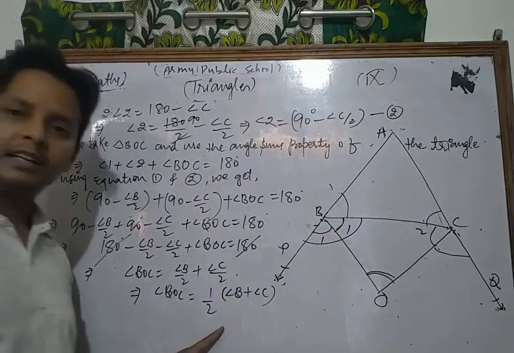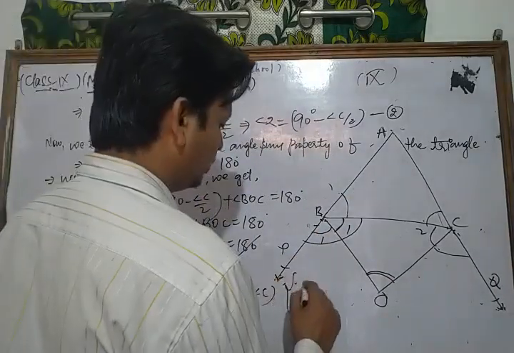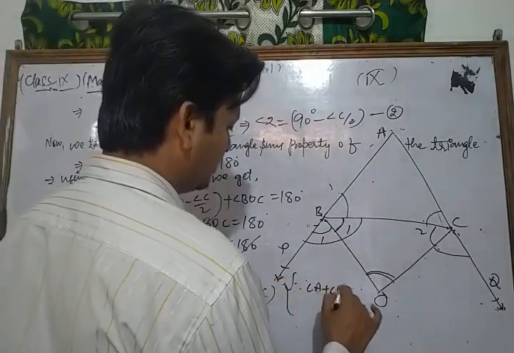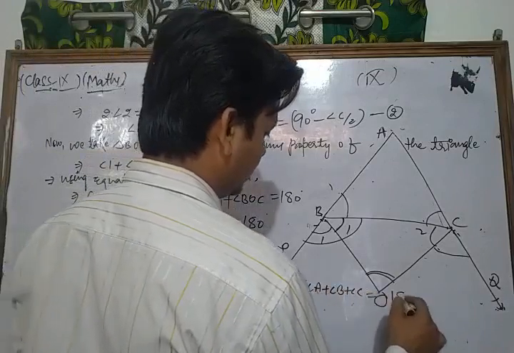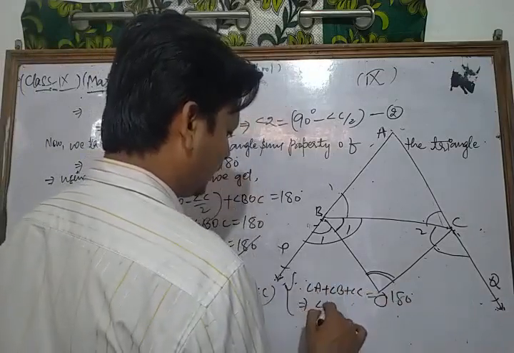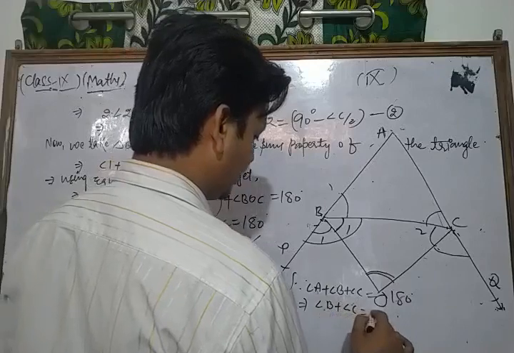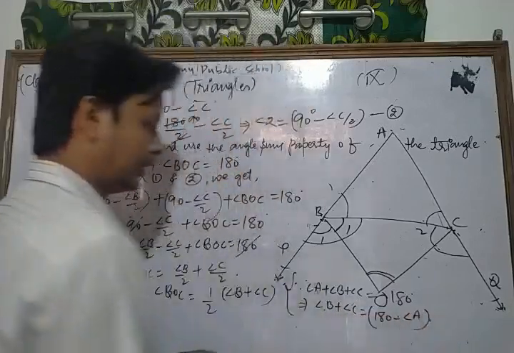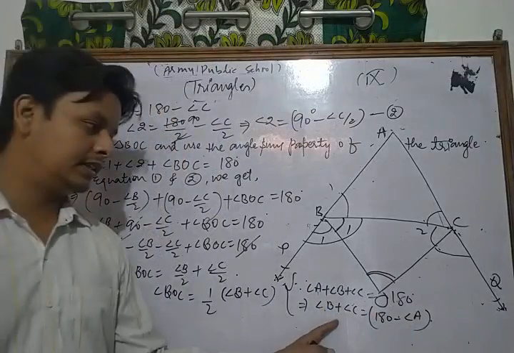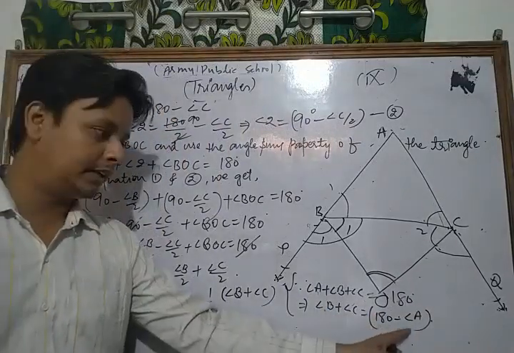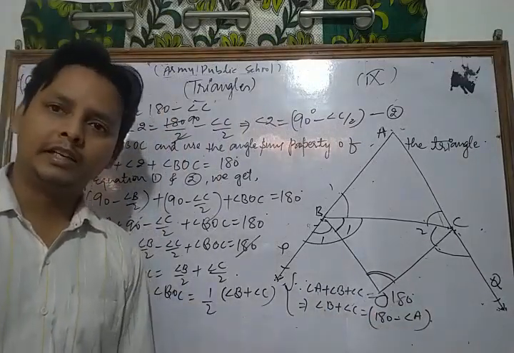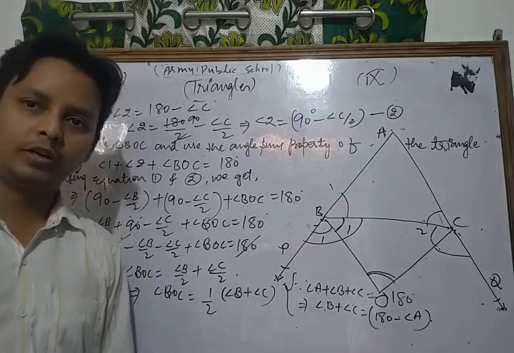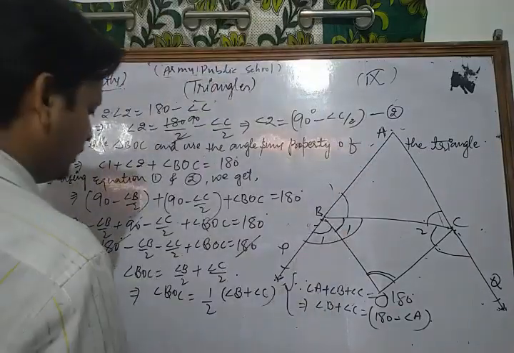Now here we apply the angle sum property of the triangle, and you know that angle A plus angle B plus angle C is equal to 180. So the value of angle B plus angle C is 180 degree minus angle A. We write angle B plus angle C as 180 degree minus angle A. Okay dear students, so from there we just write